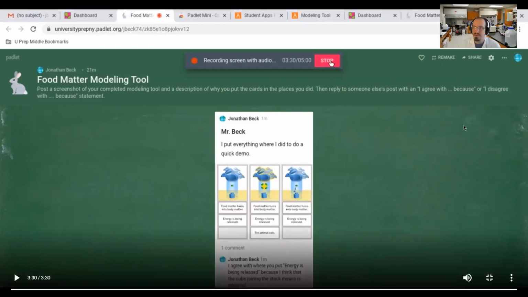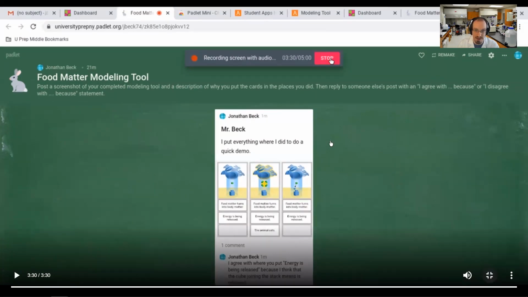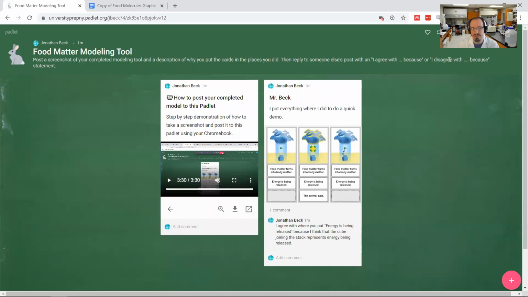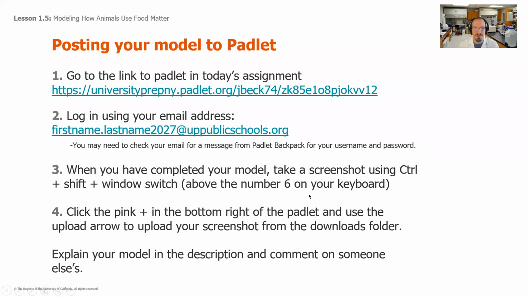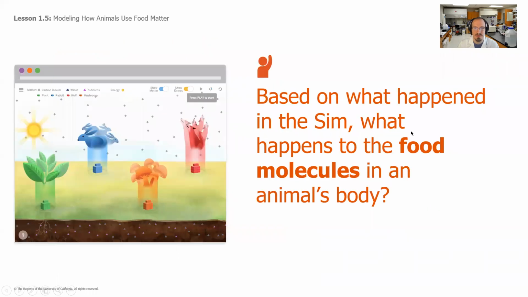All right, so make sure that after you posted yours, that you go ahead and comment on somebody else's post, and you want to do it in a constructive way. So you're either going to say, I agree with where you put this card because, and then give your reasons, or I disagree with where you put this card because, and then give some reasons. Okay, so once you're done with that, I'm going to move on